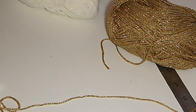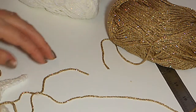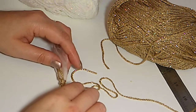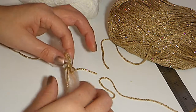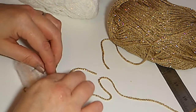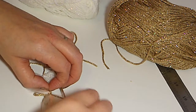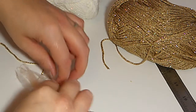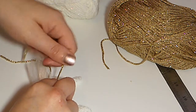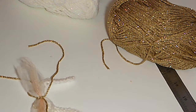face down. I don't think you can see again. Sorry, it's quite hard to. So face it down. So my bow is on the center there, and I've just wrapped a piece of yarn around the center of the bow, facing the angel wings down. And now I'm just going to do another little tie at the back. Just make sure you've not got your angel wings, sorry, not my angel wings, my bow